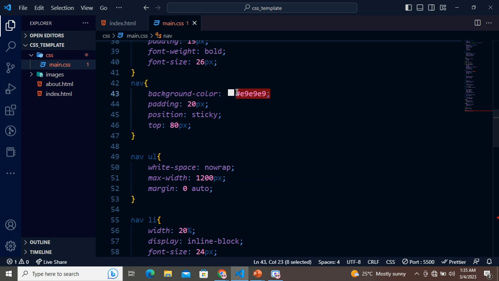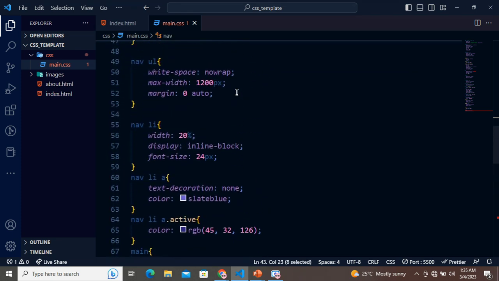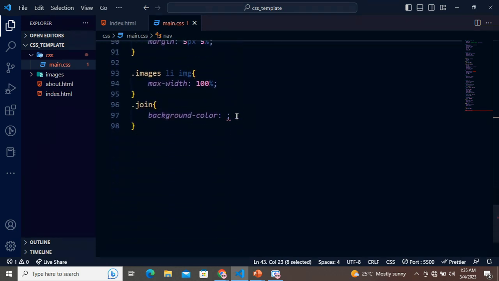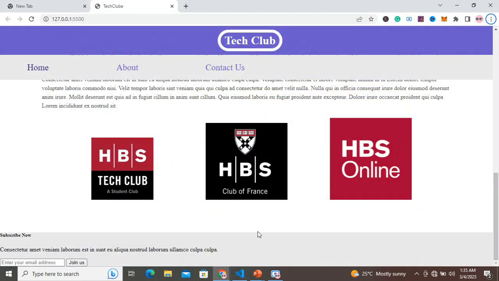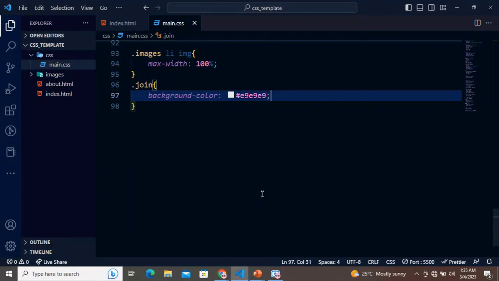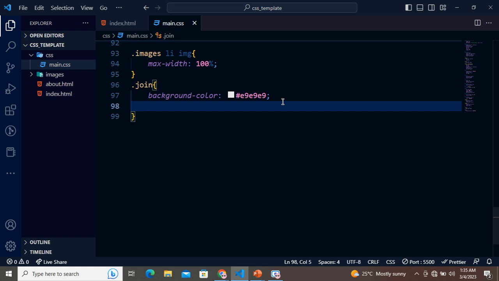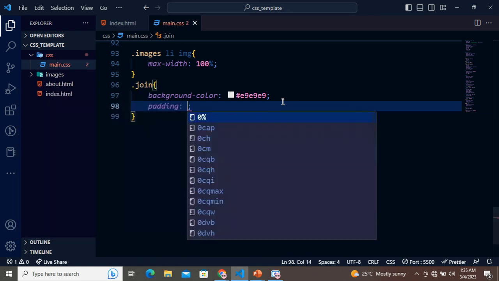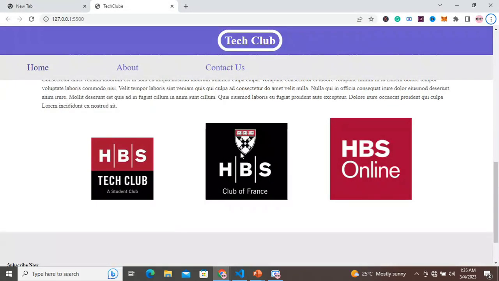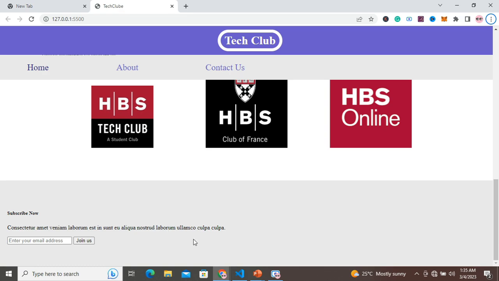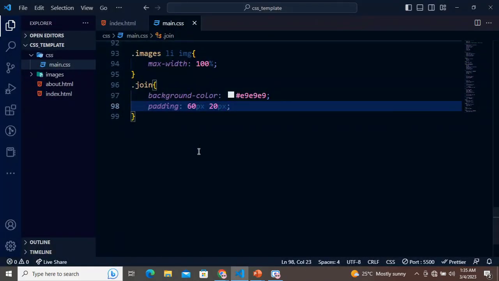Okay, this is the background color I want to target. Up down here I want to paste it. So if we have a look at it, we have a background color. So I want to bring padding of top, left, right, top and bottom. I'm going to have padding of 60 pixels and 20 pixels right away. So this is what I'm going to have: 60 pixels top and bottom and 20 pixels left